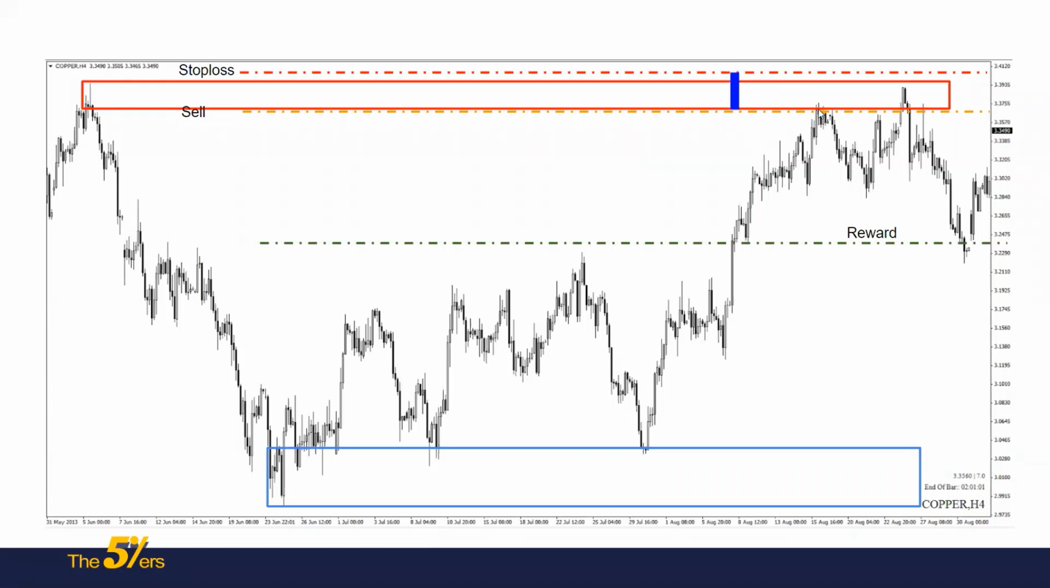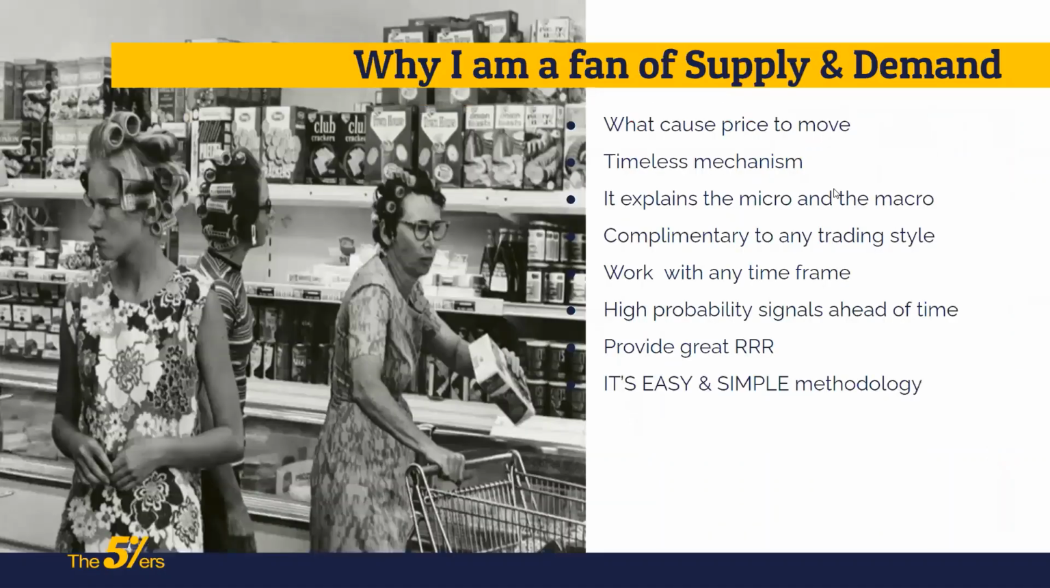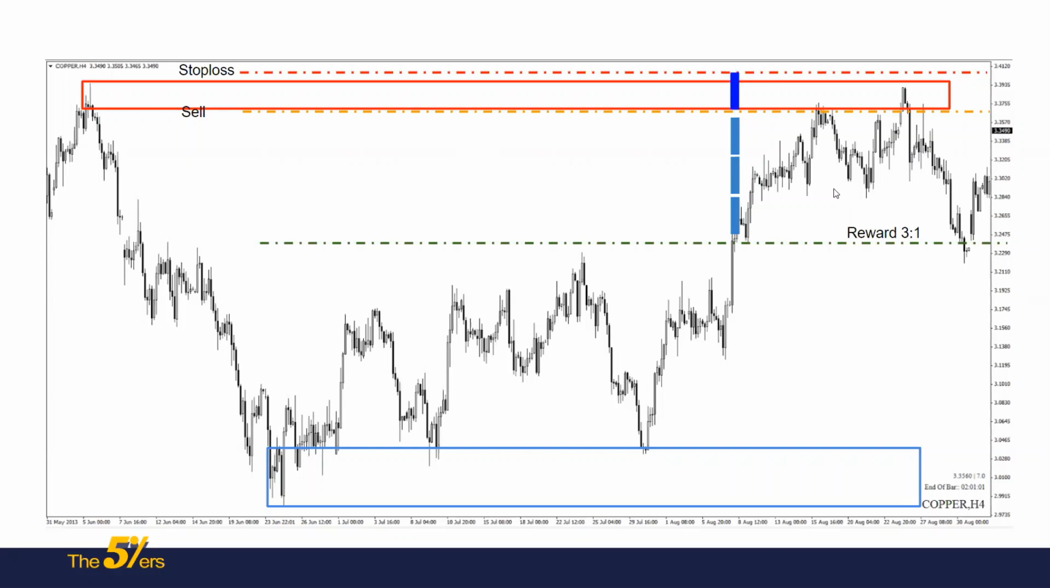And let's see what was the potential reaction on this. Okay, so we have 3-to-1 risk reward ratio that had happened there. Okay, so now